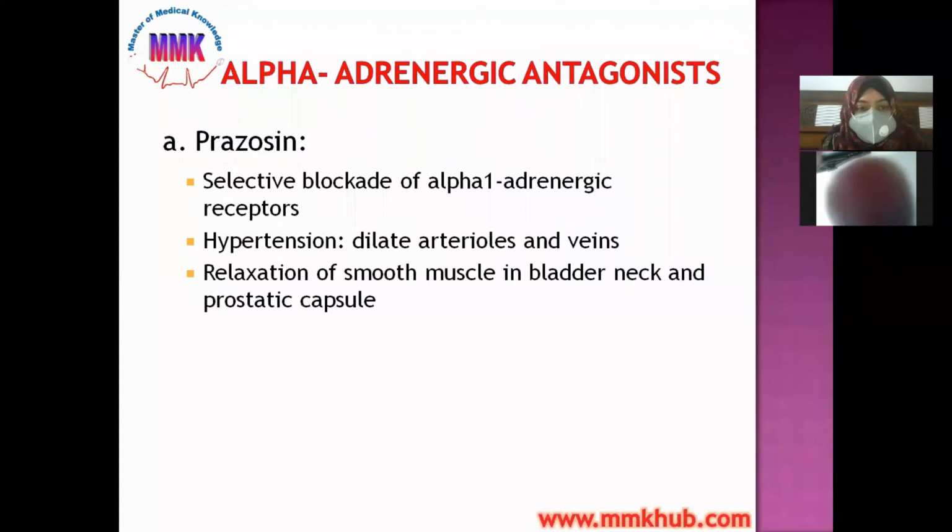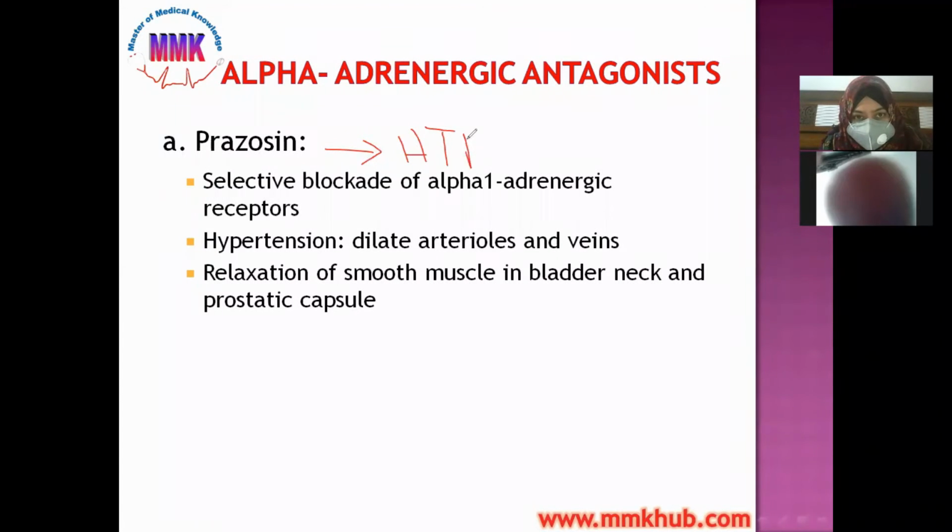Now, first of all, we're going to study our selective alpha blocker, which is prazosin. It is a selective alpha-1 adrenergic blocker, and it helps to reduce blood pressure. So it works in hypertension by dilating the arterioles and veins, and it also relaxes the smooth muscle in the bladder neck and prostatic capsule. Hence, we can use prazosin as a drug of choice for BPH, benign prostatic hyperplasia. So we can remember that prazosin is the drug for hypertension